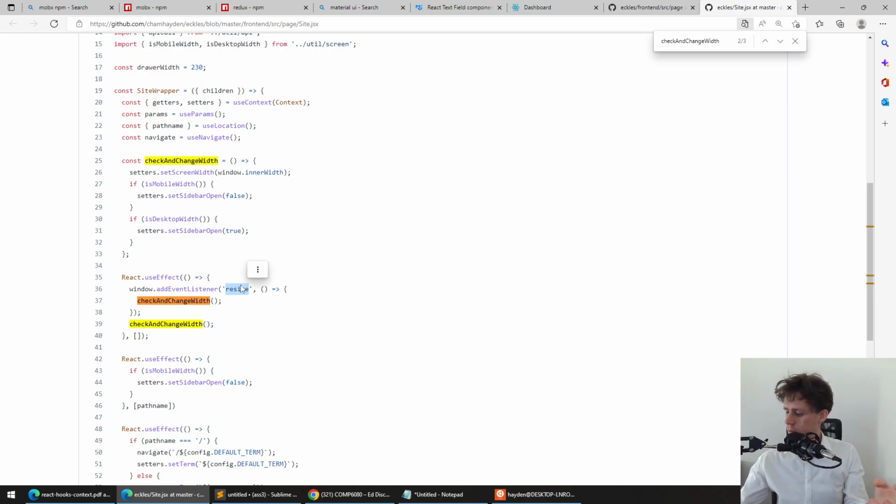what happened was it called my check and change width function. I also had it call it immediately when the page loads, because you want it to check as soon as the page loads. So this function was called, and all this function did was set the screen width to